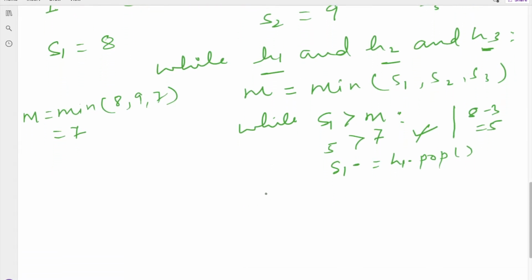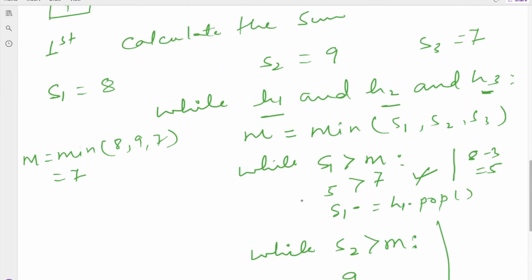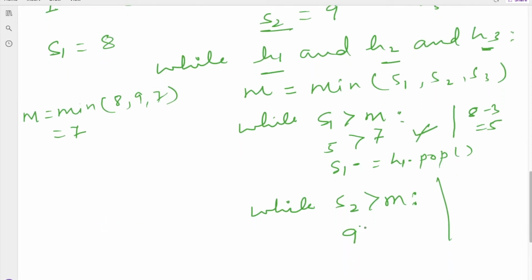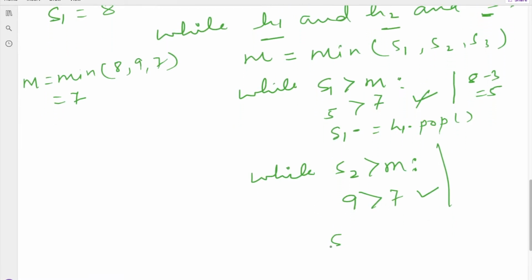Now we will go for the removal in stack 2. We will apply the same logic: while S2 greater than M. My S2 value is 9, and my M value is 7. So 9 greater than 7? Yes, this is correct. So we will update S2: S2 minus equal to H1 dot pop.